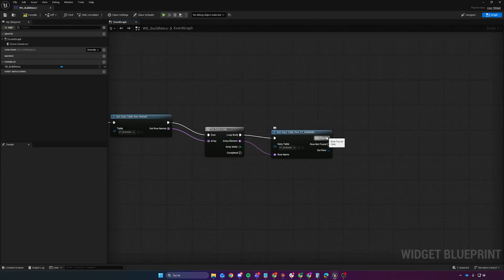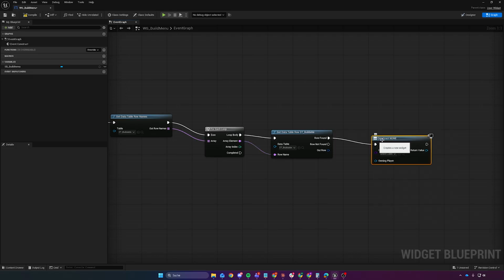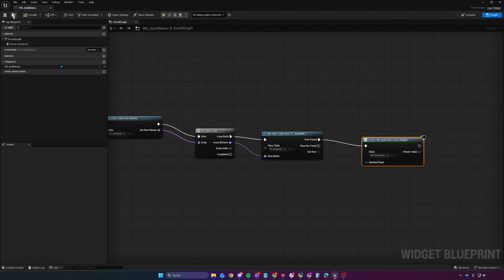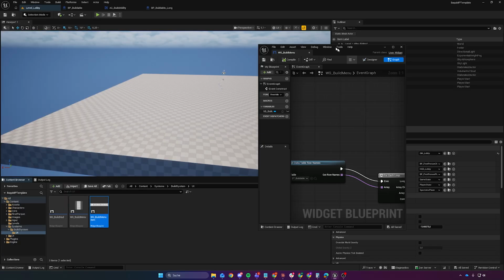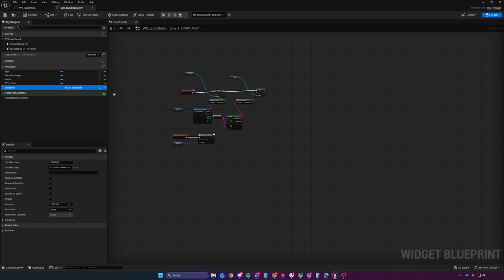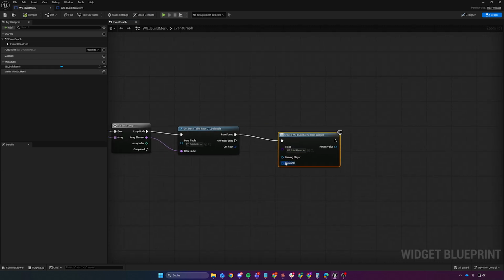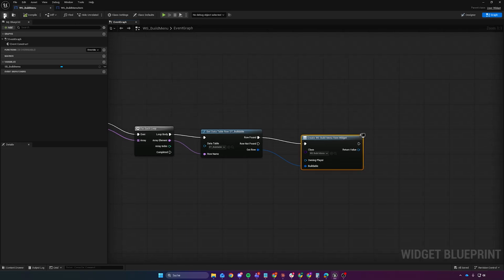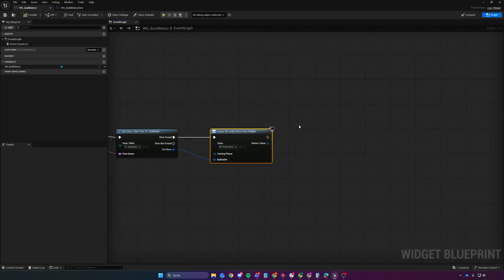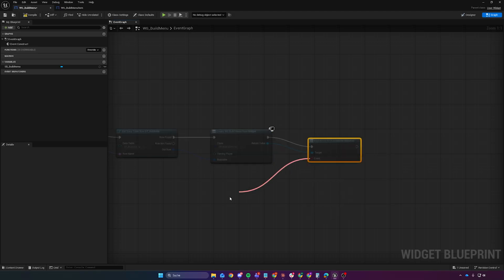Because we can now, if the row was found, create widget, and we're going to select our build menu item, compile save, click on the browse icon because we're going to have to open it again. In the variables in the graph on buildables, you're going to have to check that little eye here and expose it on spawn, because that will make it, if you now hit right click and refresh it, so we can pass in the buildable. And we are also going to bind event to buildable selected and create a custom event